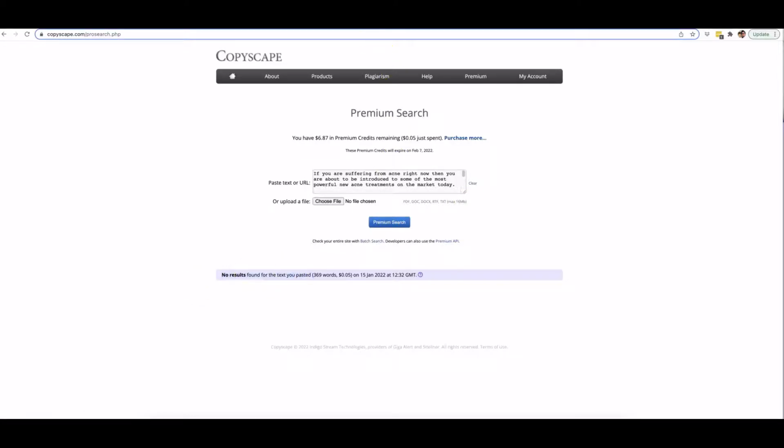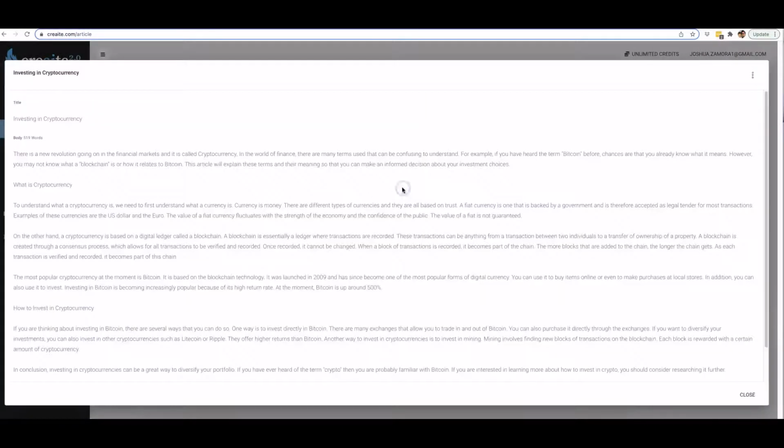All right, and now let's take a look at the last one, which was around cryptocurrency. So investing in cryptocurrency. There is a new revolution going on in the financial markets, and it is called cryptocurrency. In the world of finance, there are many terms used that can be confusing to understand. For example, if you have heard of the term Bitcoin before, chances are that you already know what it means. However, you may not know what a blockchain is or how it relates to Bitcoin. This article will explain these terms and their meaning so that you can make an informed decision about your investment